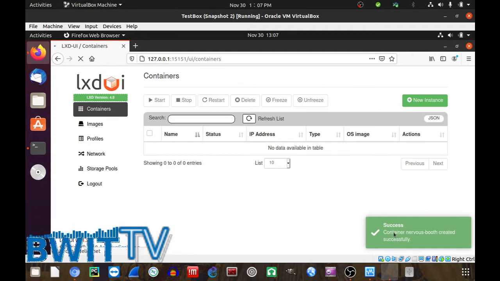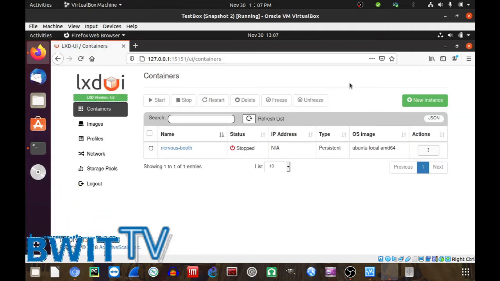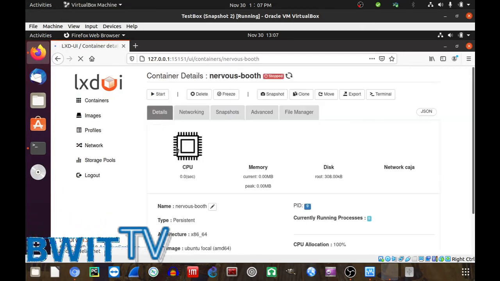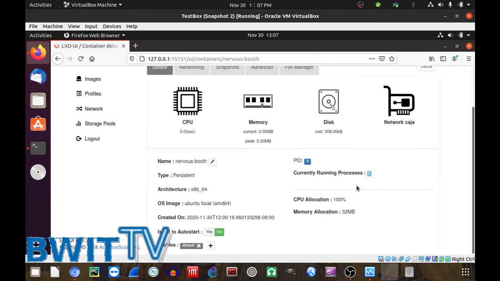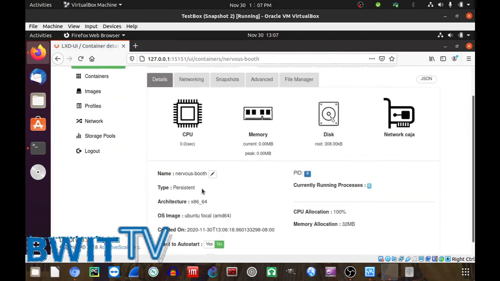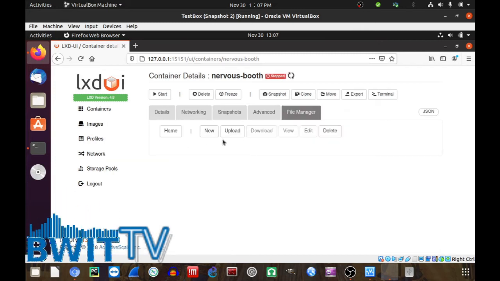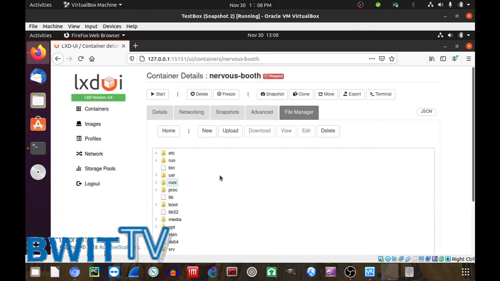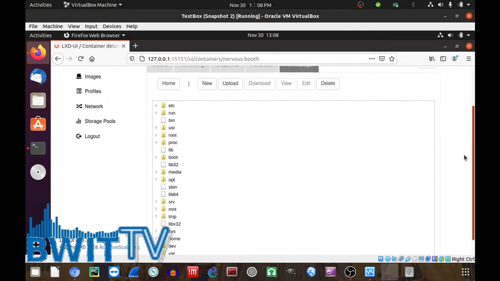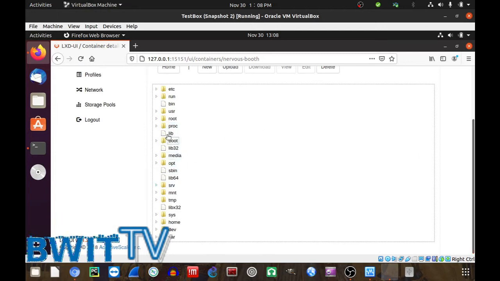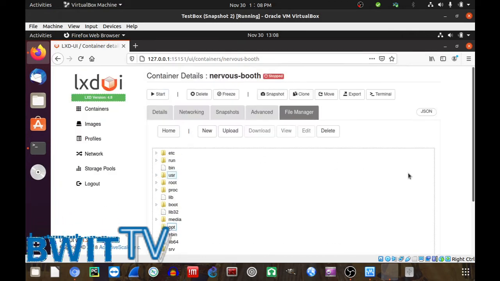All right, so there we go. Successfully created our container. As you can see here now, let's click on that. There we go. We've got our image architecture. What I like about this too here, they have this file manager feature where you can actually upload. Actually, it gives you a physical kind of file manager view of your container